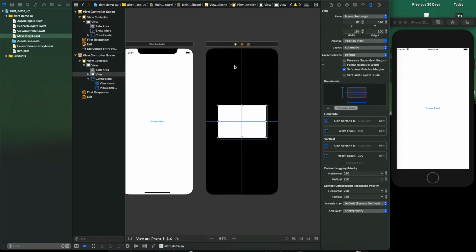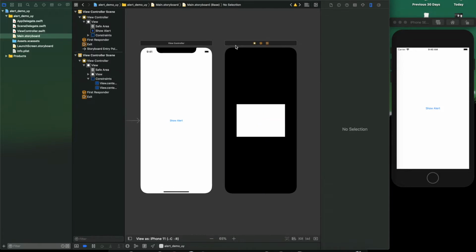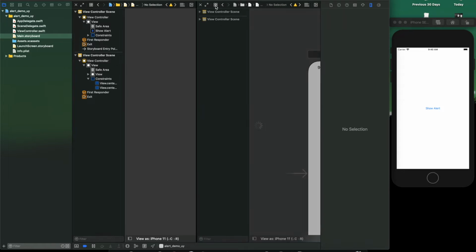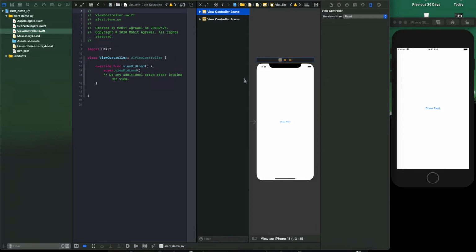So let's see how it comes when we trigger this button action. For that let's open the main view controller so that we can create the IBAction for the button. We have to select the button now.